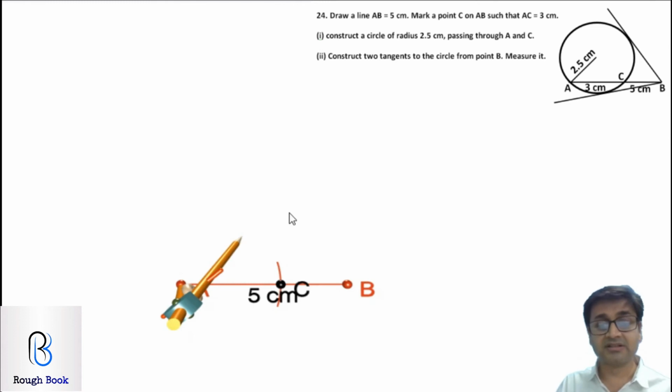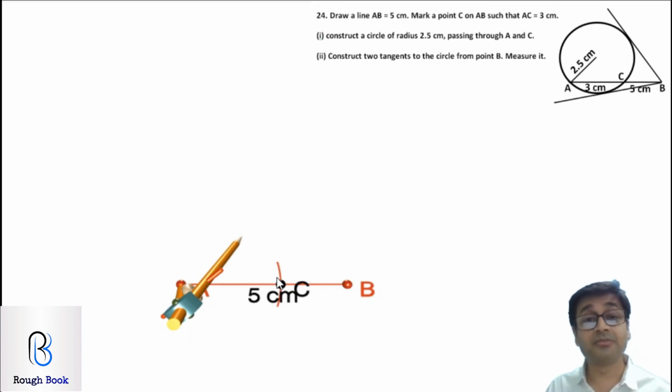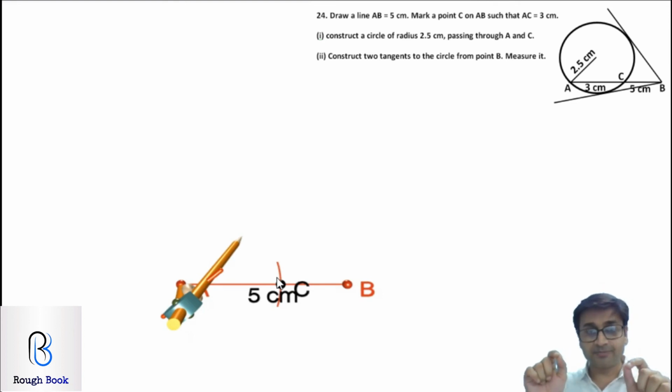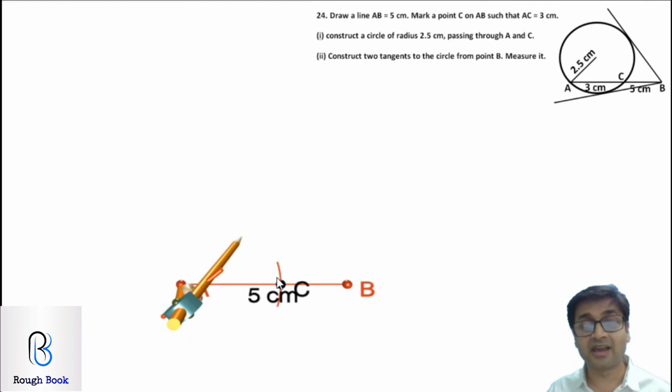Let's imagine there is a circle over here. If A and C are lying on the circle and the center O is right over here, that means OA and OC both are the same, both are radii. Very good, because they both are lying on the circle. Now if both are radii, that means the center O is at an equal distance from A and C. If it is at equal distance, that means point O is lying on the perpendicular bisector. This is the property of loci that they are using.